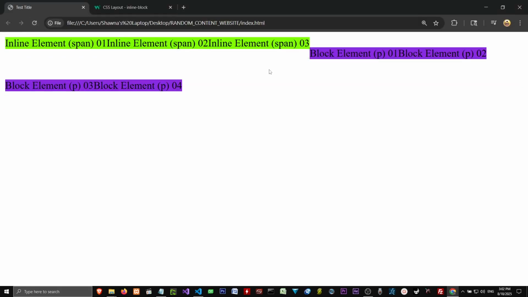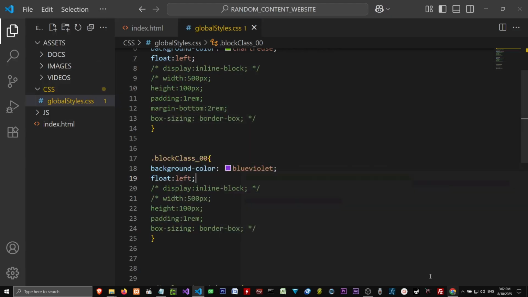And then look what happened here. Well, that's because of the override of the float left. And this is why, again, it's so frustrating with CSS, because you put in float left and you think, well, that's going to fix everything. But no, you have to come in here and explicitly tell the block class to